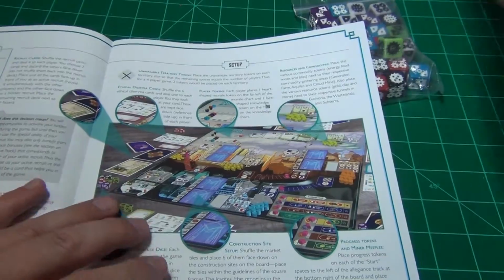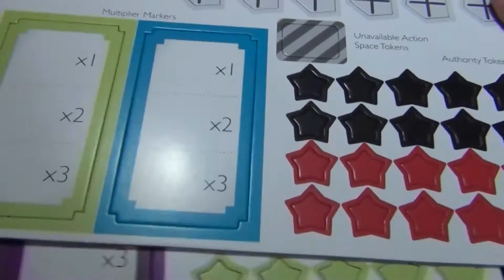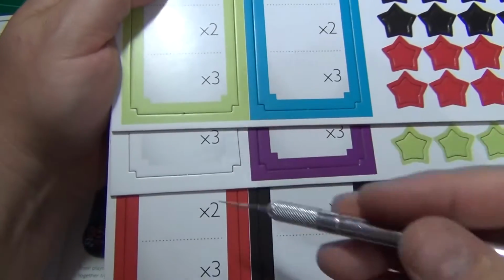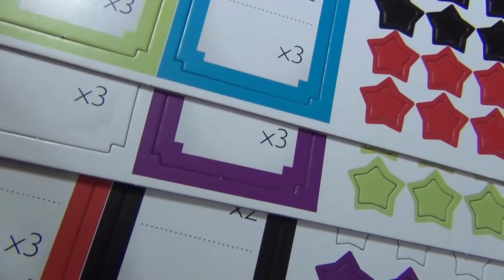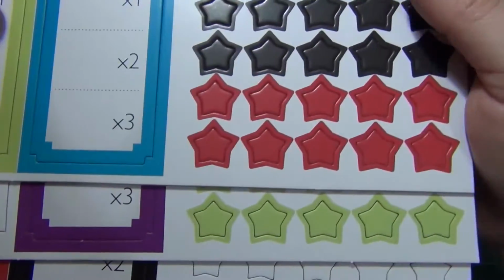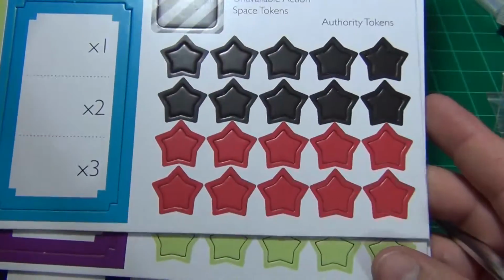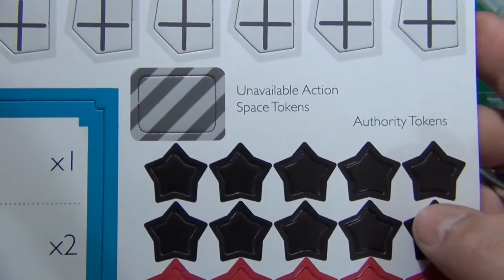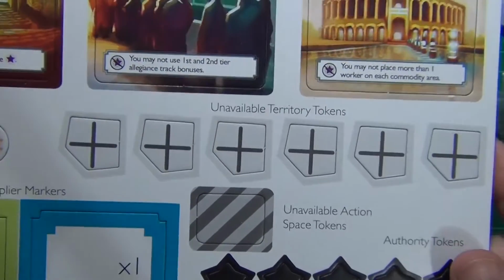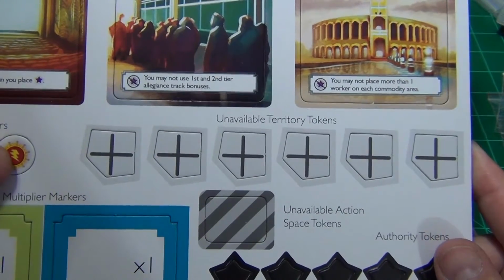Let's see, we're going to have 3 sheets of tokens here. So it looks like there's a colored little chart, 1x, 2x, 3x square block for each colored player that could possibly play. This is for 2 to 6 players. So those are the different player colors. Looks like there's some star markers to use for each of the different players. We have an unavailable space token, so I guess if a token's not available. Unavailable territories, so maybe they either become unavailable during the game, or maybe depending on how many players there are, how many